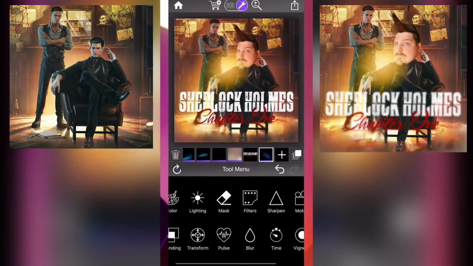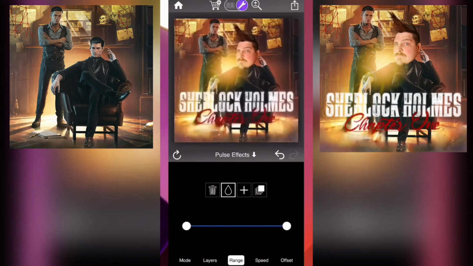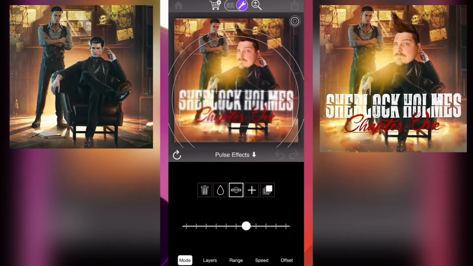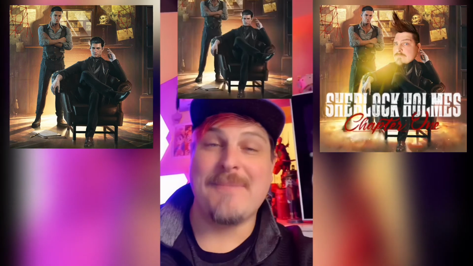Put a little camera motion shake in there, really simple to do. And then last but not least, the title, I wanted to be kind of going out of blur a little bit. And so if you go to Pulse Effects, you can apply a bunch of different things to it. But yeah, just wanted to put a little bit of a blur and it's shaking up and down. That's how you go from this